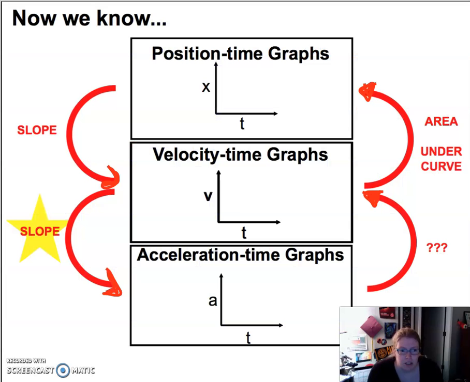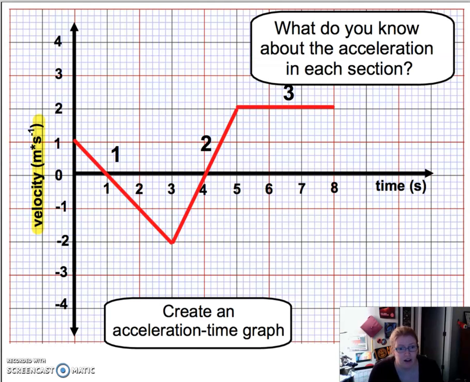And so what we're noticing here is that to get from a velocity time graph to an acceleration time graph, we're using the slope. And this should make a lot of sense to us because it's the same process that we used to go from a position time graph to a velocity time graph. So notice that there's a lot of symmetry here. We use the slope, and then we use the slope again as we are moving to more and more complex graphs. So what I'd like you to do right now is try creating your acceleration time graph